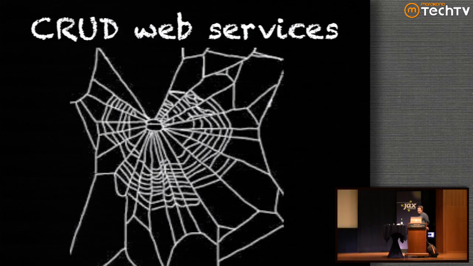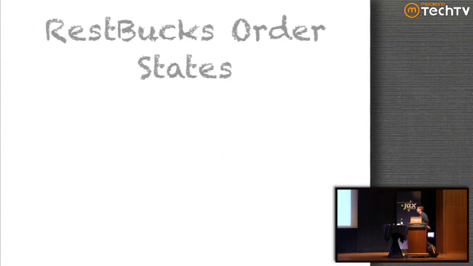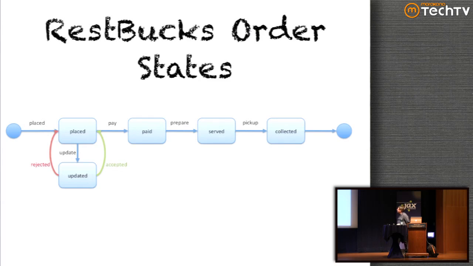So let's march up the next part of the Richardson scale, which is this idea of CRUD web services and starting to treat the world as resources. In the REST in Practice book, Jim Weber and Ian Robinson have created this mythical place called Restbucks, which is like a coffee shop, but they're using that as their integration points, integrating between the different roles within the Restbucks world.